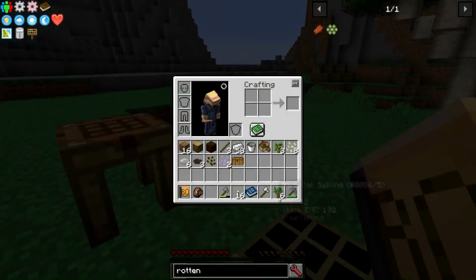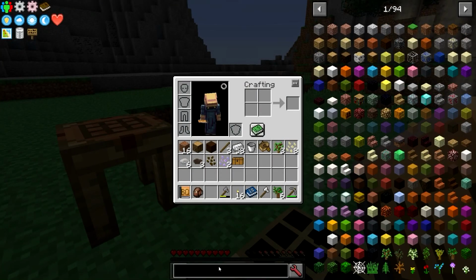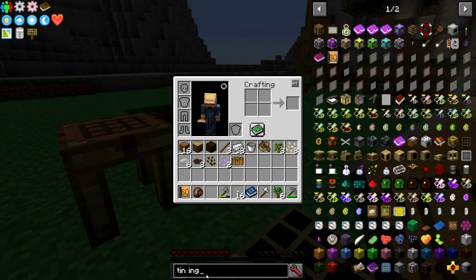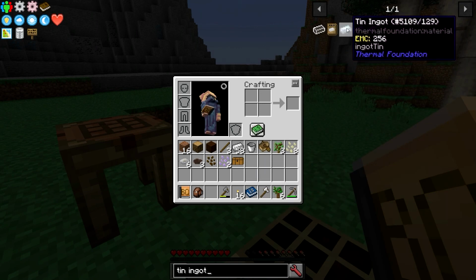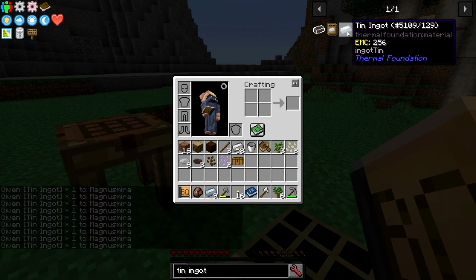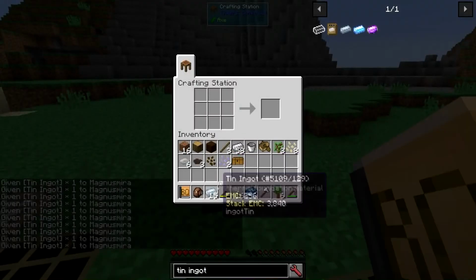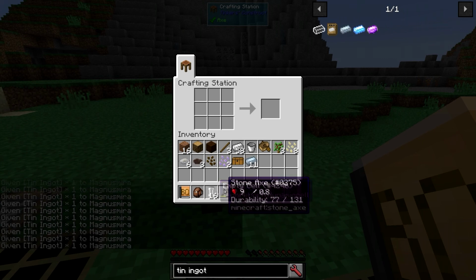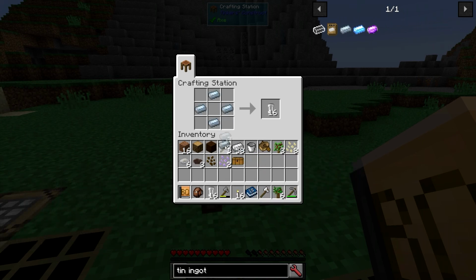All right, what you want to do is you want to get some tin. What is wrong with this today? All right, 10. Doesn't matter. And you want to put these in this pattern right here, and this will give you empty cells. These are from Tech Reborn. All right, now why do we want to do these? Because